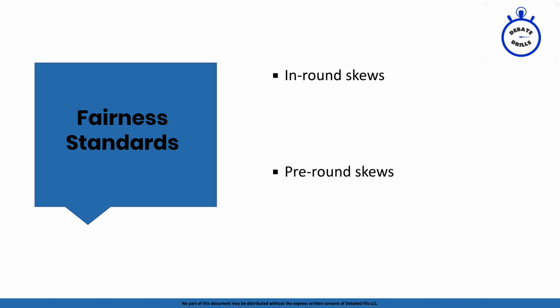So to clarify, there are 3 major types of in-round skews. And obviously there are more than just these 3, but these are the 3 most popular. Strategy skews, time skews, and ground skews. And notice how here now we're starting to introduce jargon. So one thing I want to highlight here for you is the importance of metaphors. Obviously in real debates, there's no real thing as ground. Ground ends up being a metaphor we use to refer to the amount of arguments both sides can make.